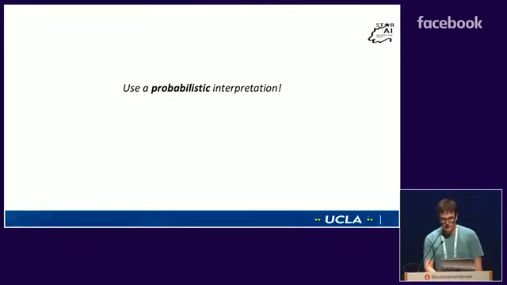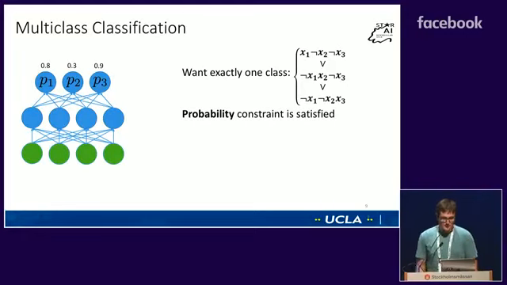So our approach is we're going to bridge these two by using a probabilistic interpretation of the logic. And what do I mean by that? Well, we can take the outputs of this neural network. We just have a probability for each label. And we can say we're going to treat each of these as an independent Bernoulli random variable. And now we can say, well, why don't we just compute the probability that the constraint is satisfied and optimize that instead?